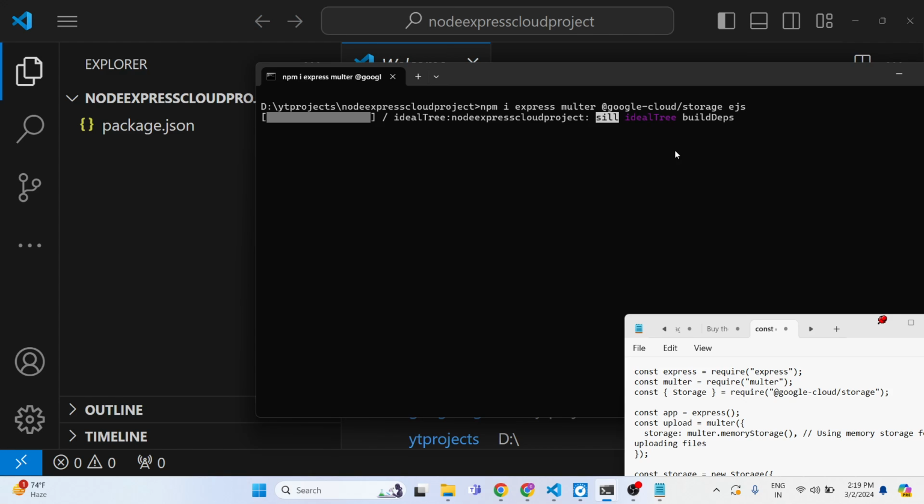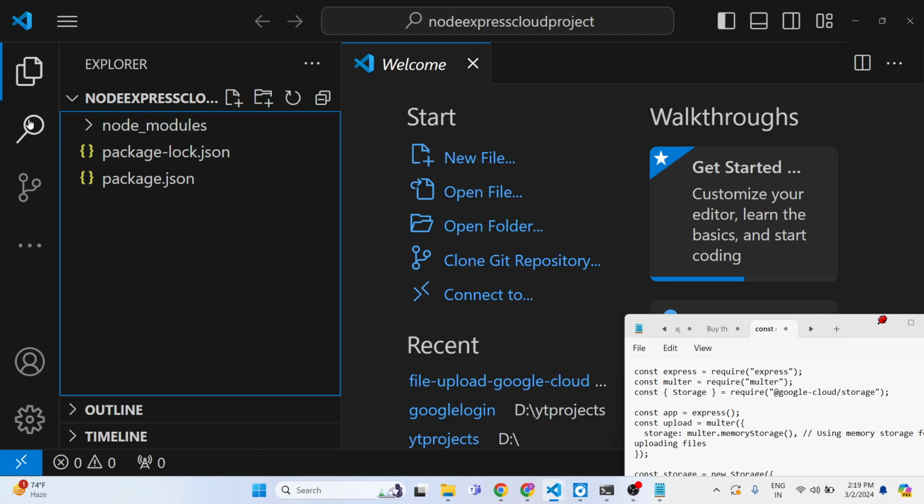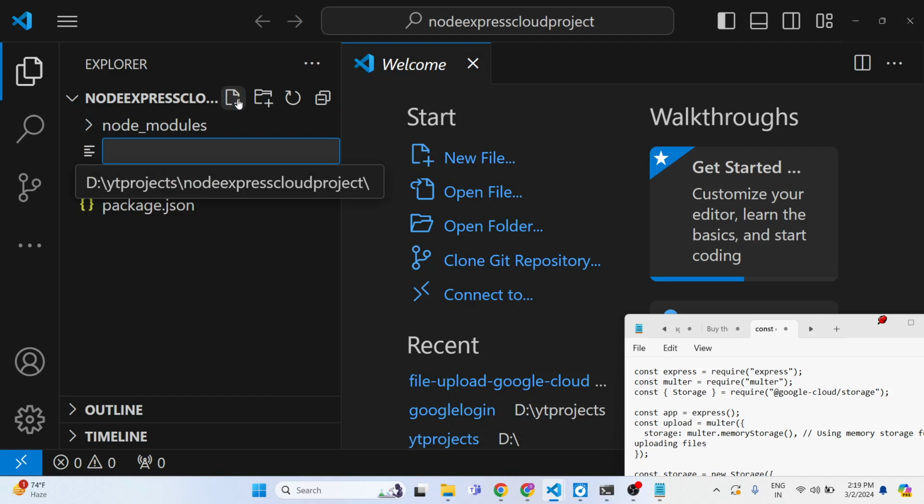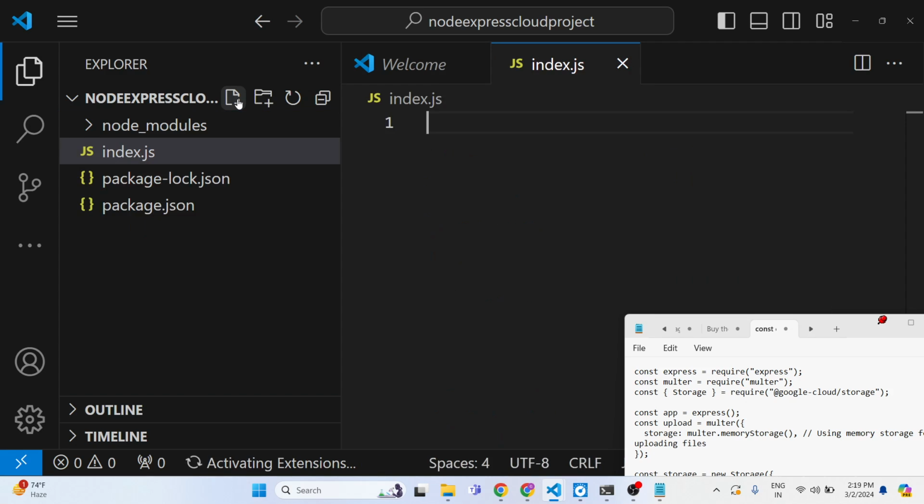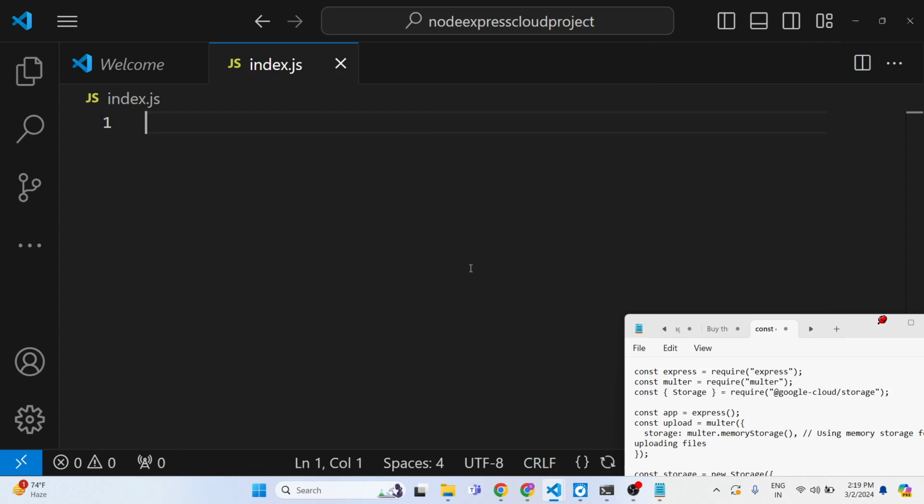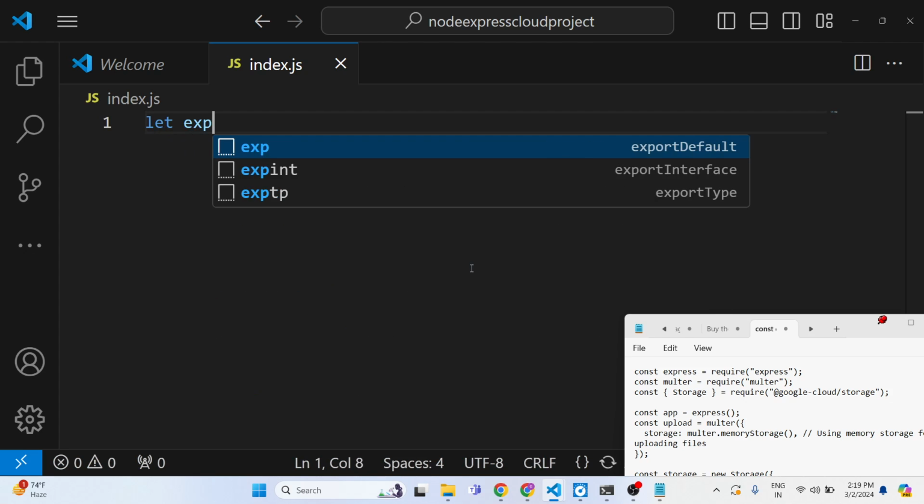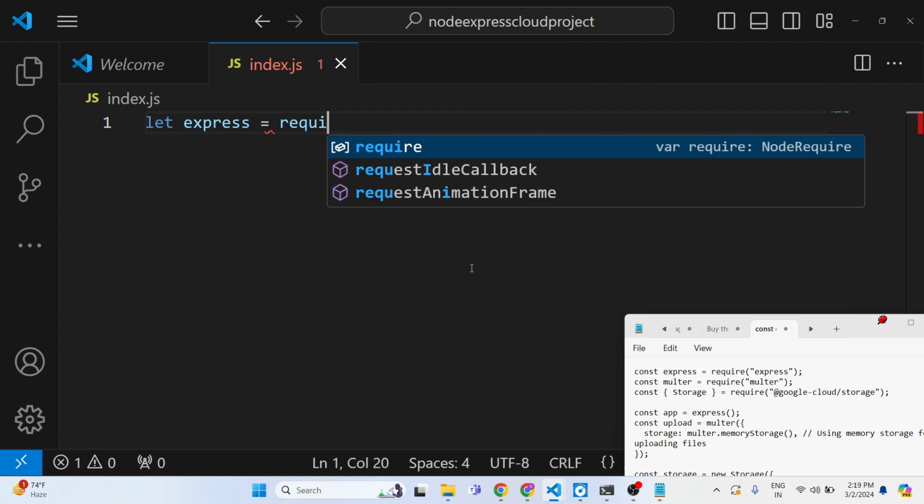So simply install this. It will hardly take 5 to 10 seconds for installation. Once it is installed, we can start writing the backend code by making an index.js file. Now it has installed, it has created the node_modules folder. So just right here create an index.js file. Right here guys, we need to import the express module. We need to require it,